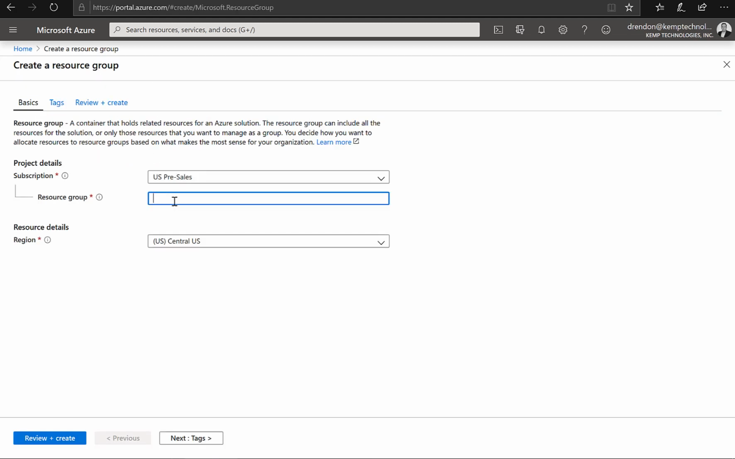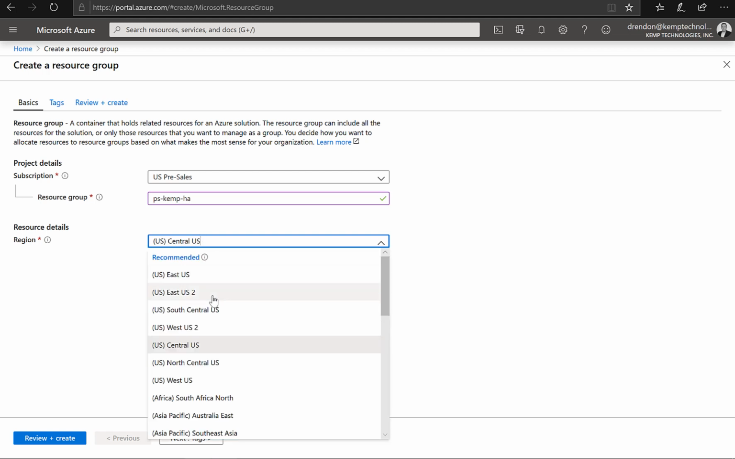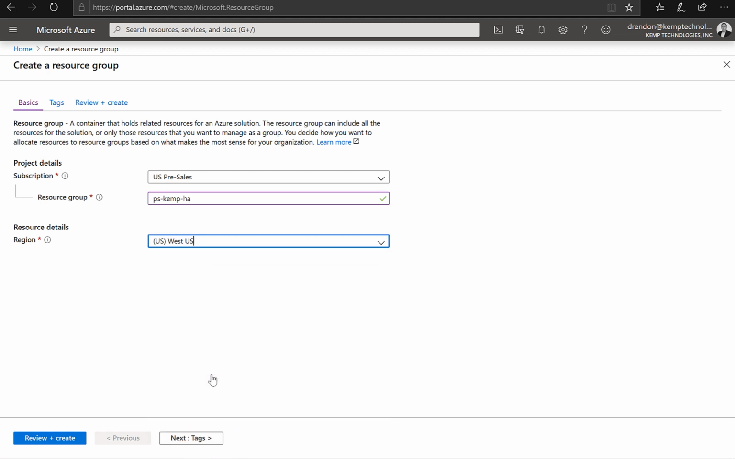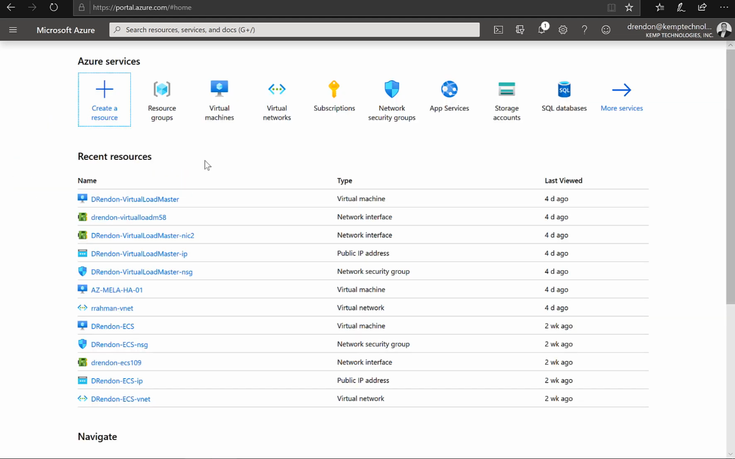In this case, I'm gonna name the resource group PS Kemp HA. I'm gonna use the West US region, and then I'm gonna click on create. Once the resource group is created, then I'm gonna proceed to create the two virtual machines that are going to